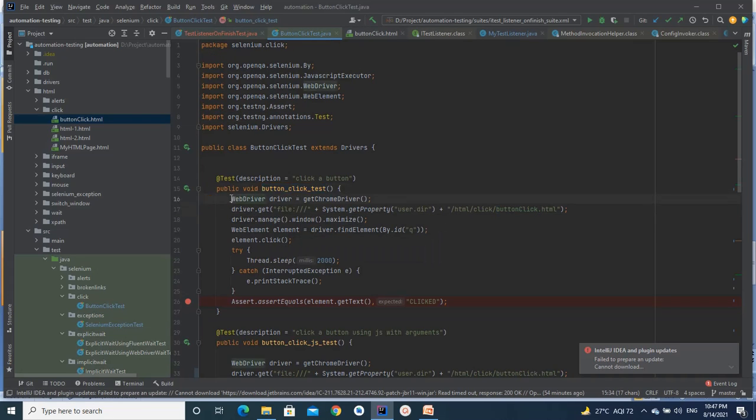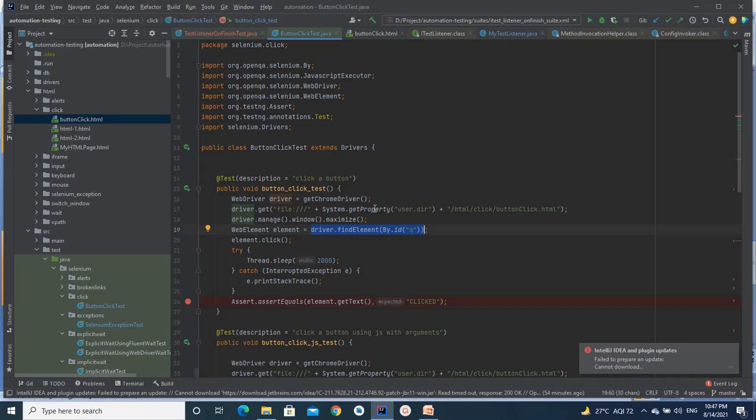What I'm doing in this particular test is getting a Chrome driver, and then trying to open the same HTML page we saw. And as we know, to find the element in Selenium, we need to perform driver.findElement by ID.